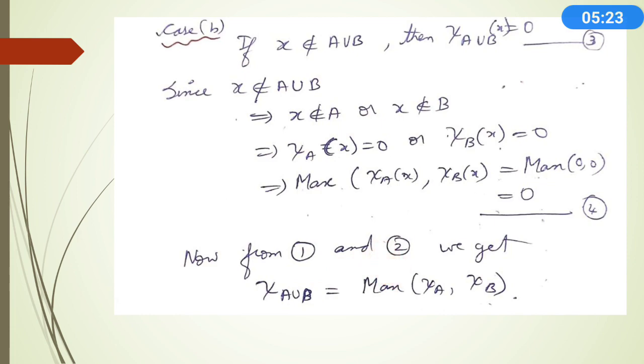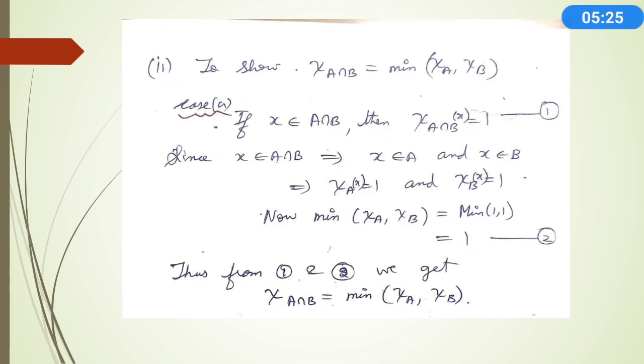Okay, next we'll prove for intersection. It is similar to union. We have to consider two cases, belongingness as well as not belongingness. So let x belong to A intersection B. Then the characteristic function of A intersection B on x will be 1 by the definition of the characteristic function, since it belongs. Now take this as equation 1. Now since x belongs to A intersection B, you replace the intersection by